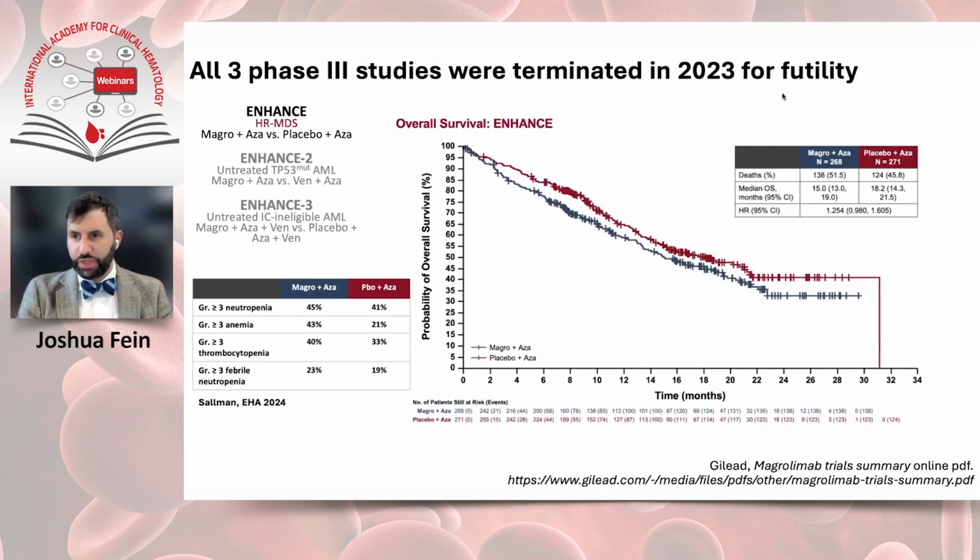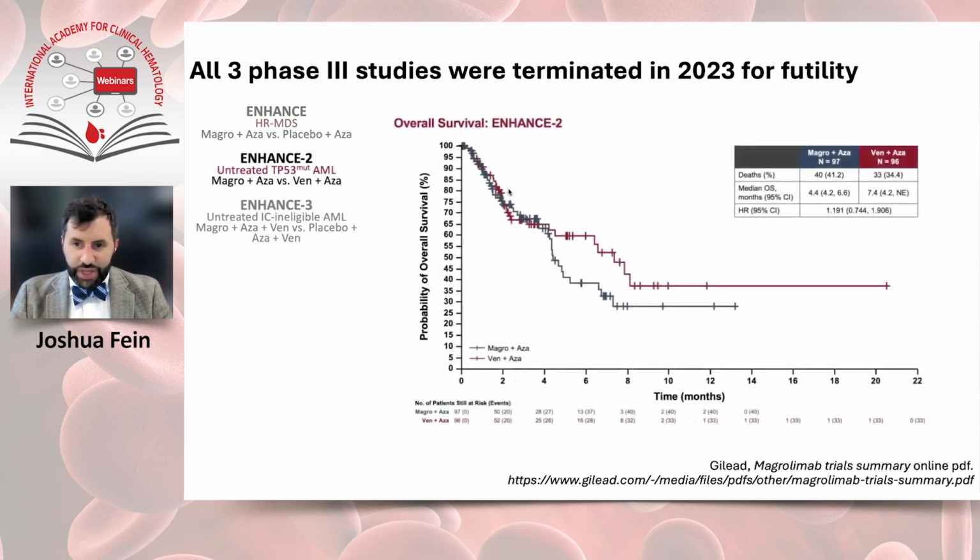Even with the very intriguing, promising data that we saw in the phase 1s, you can see here the red line is the placebo. They have actually a numerically higher overall survival, a hazard ratio of 1.25 for survival, not statistically significant, but certainly there's not a benefit to the study drug in this case. And there's a numeric increase in the percentage of deaths observed on study. That percentage of neutropenia was similar. Anemia was higher, as we might expect given the mechanism of the drug. Thrombocytopenia was marginally higher, and febrile neutropenia was a little bit higher.